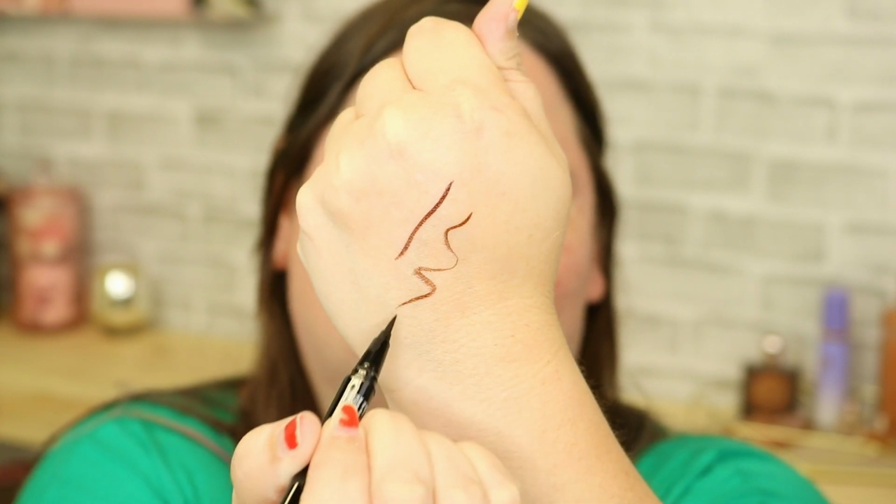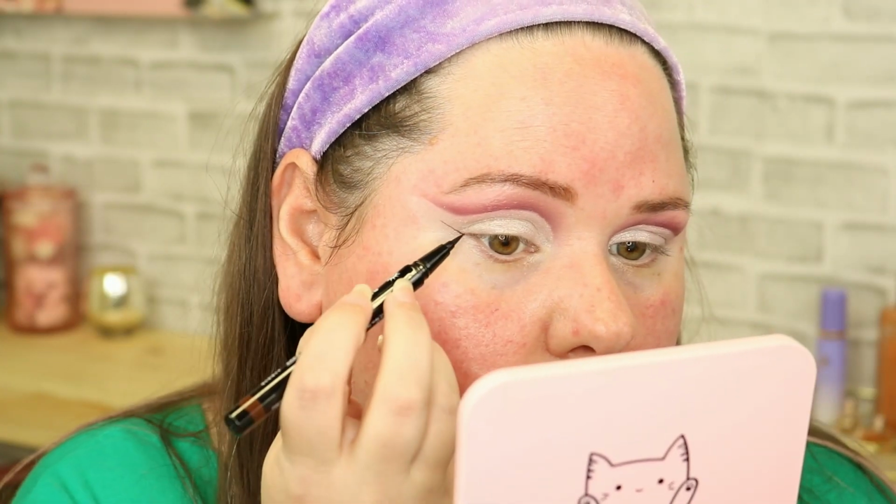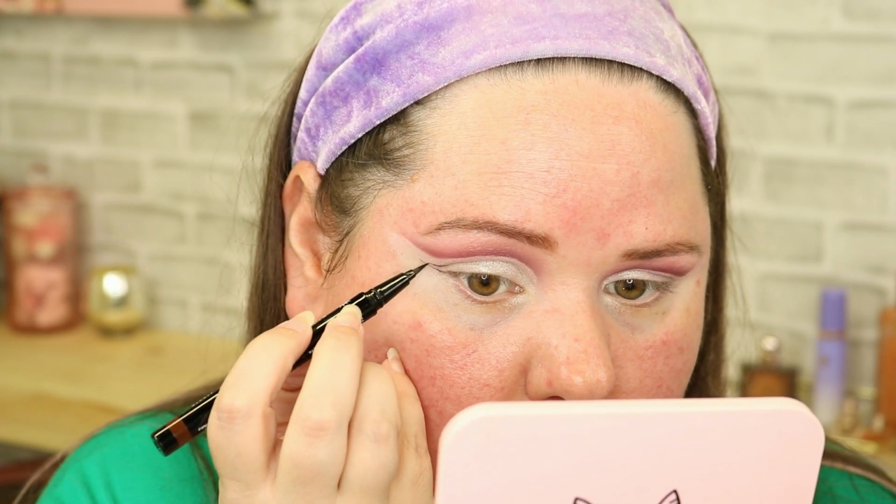I'm actually glad I got this because I was wanting a brown liquid eyeliner because I don't have one in my entire collection. Out of everything the Boxycharm and subscription boxes send out, it seems to always be black liner, which is fine, it's a staple, but I wanted to try it brown, and I'm so happy that they sent this. Like I said, this retails for $22, and it has a satin finish,